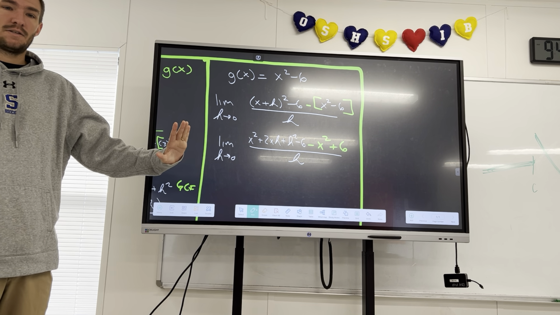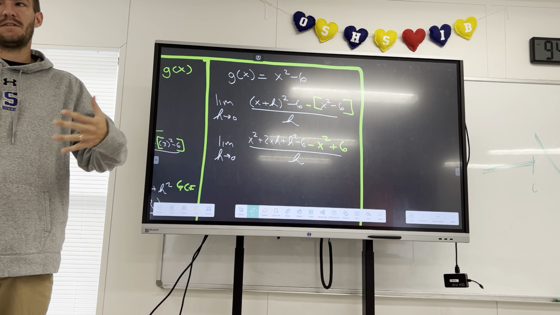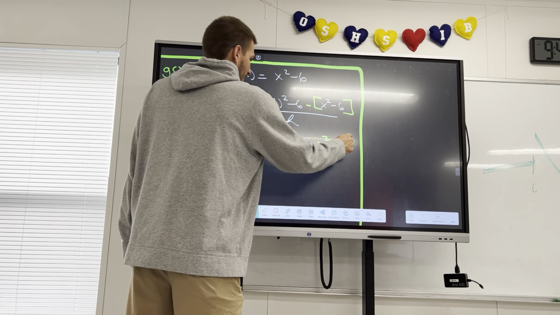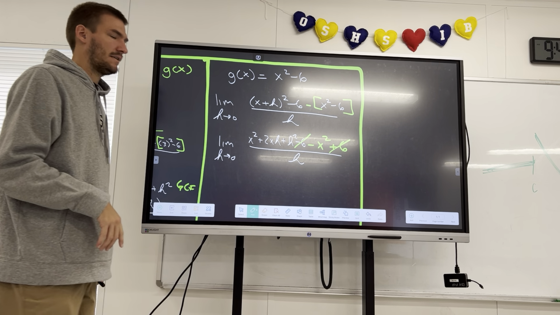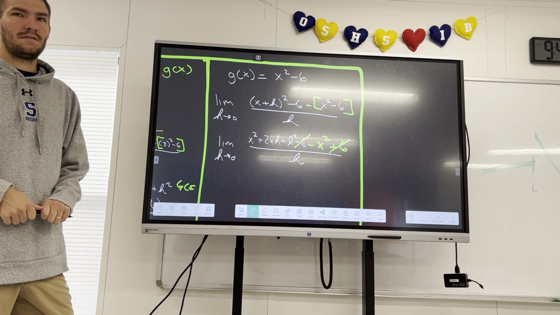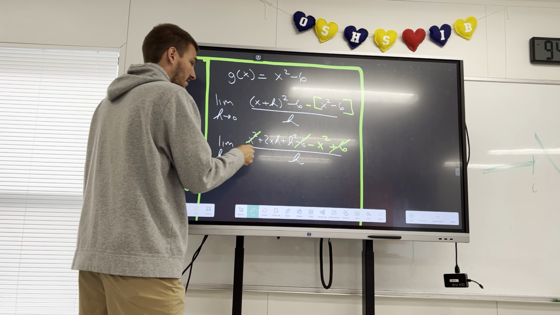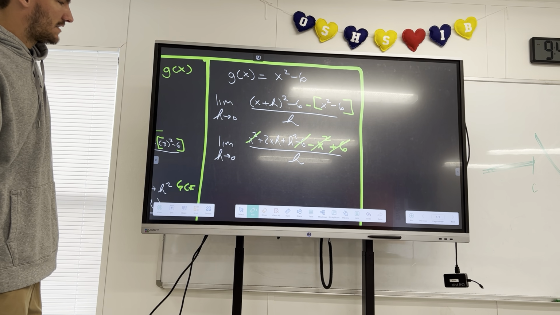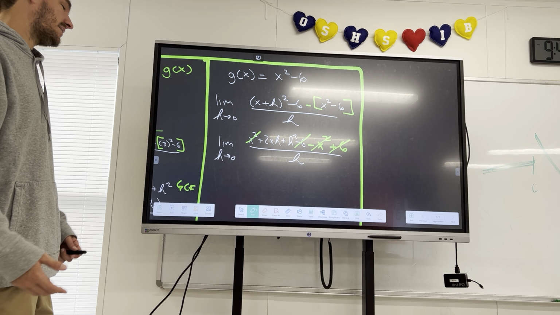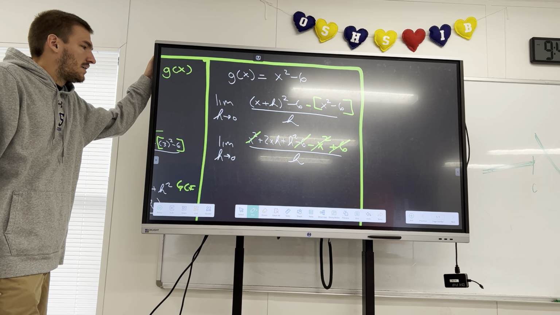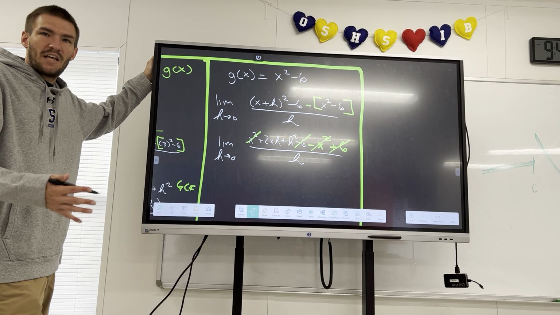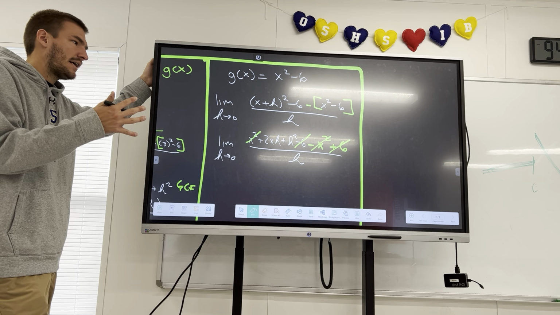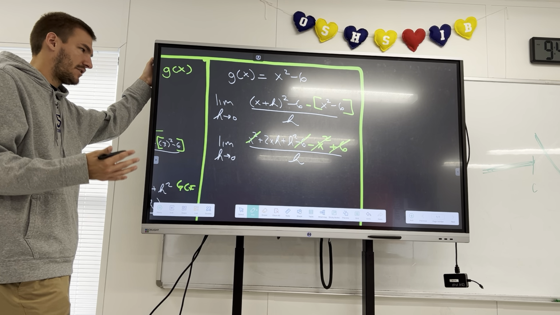At this point, hopefully we have stuff that's canceling out. Yes. I know we have the 6 and the minus 6. Anything else? X squared. Right, also we have the x squared and the negative x squared. And so now we're here, and nothing's canceling out. We have only terms left that have the h, and this looks very familiar again because we've already done this question. We know that